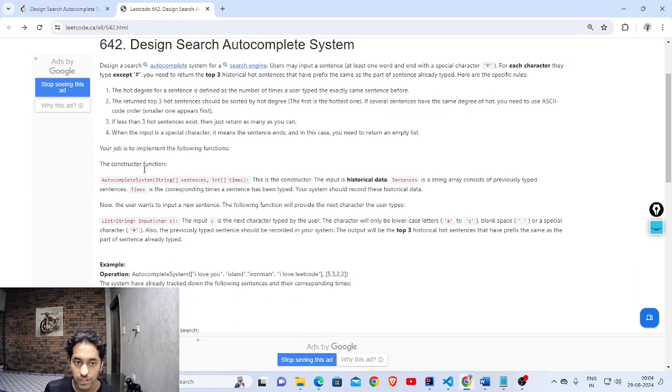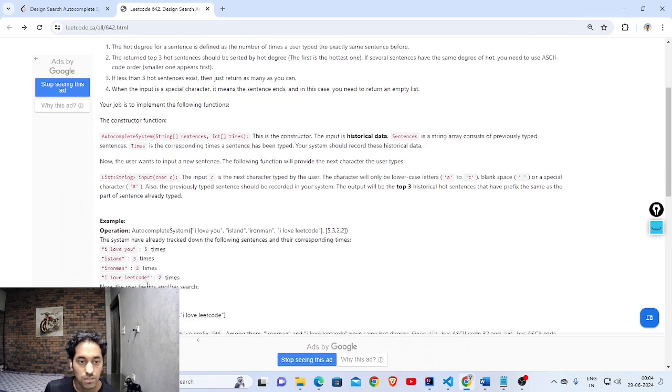This is a very straightforward problem to understand, but its implementation is very large. But still it's a very good problem to learn Trie for the first time. There are other problems as well which are easier than this one, but this one combines a lot of other things, other data structures as well. We'll look into it. So in the problem we are given a frequency of sentences